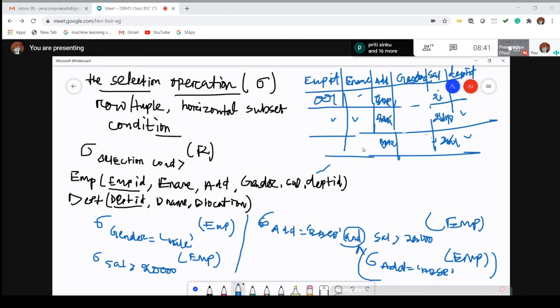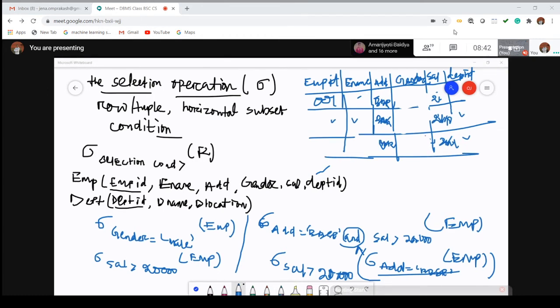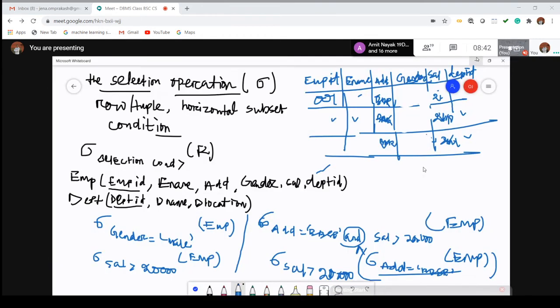So now from this table again you can go for another selection operation. Select salary greater than 20,000. So I think it is clear to all of you. First this result will be there.